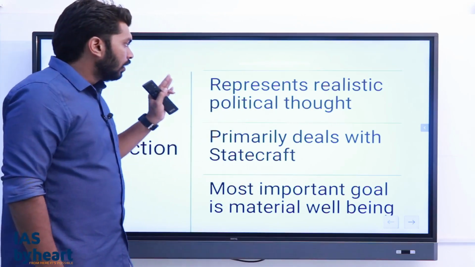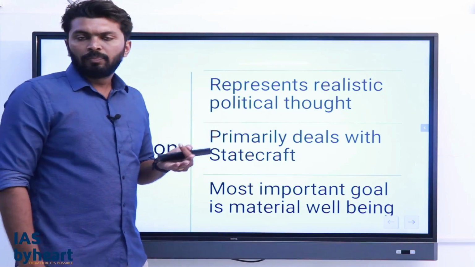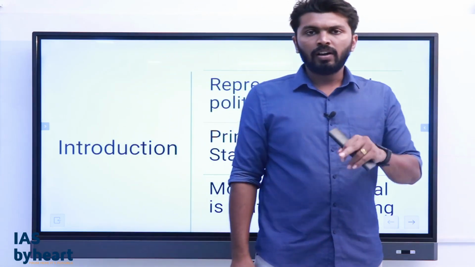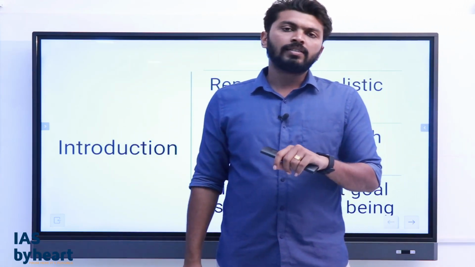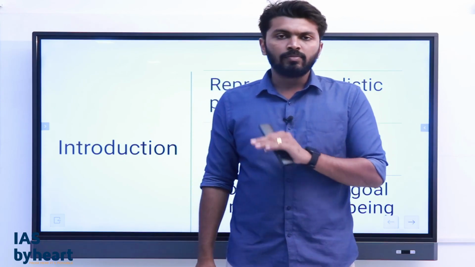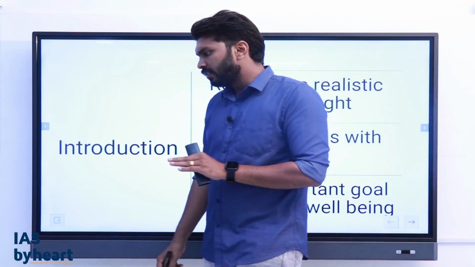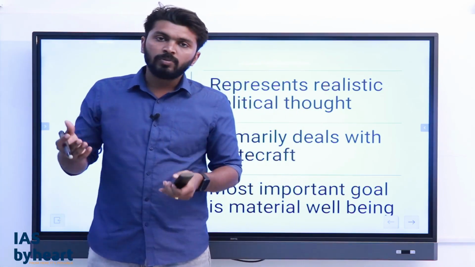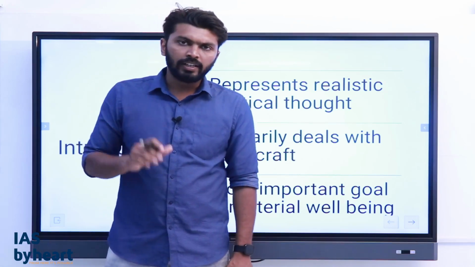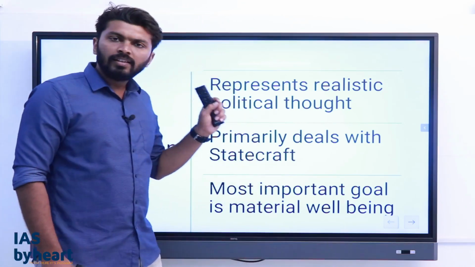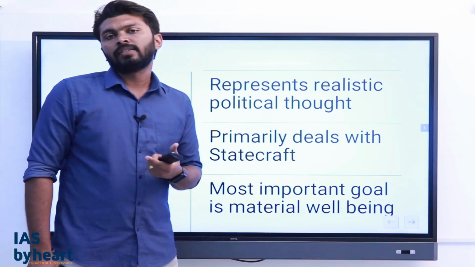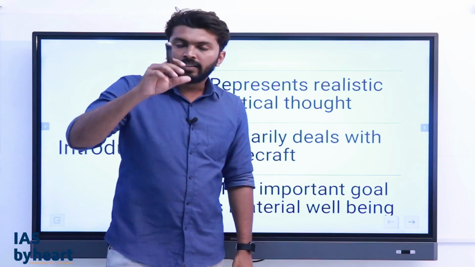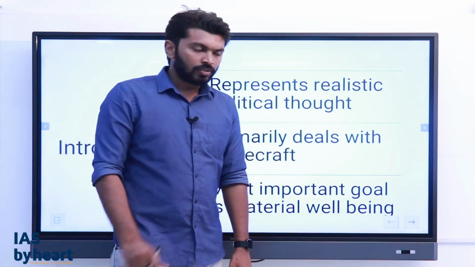Arthasastra. The thought represented in this book actually represents a realistic political thought. In polity we have two schools of thought: one is realism and the other is idealism. What is idealism? Idealism means the ideas which we strive to achieve, but which may not be possible in the current practical situation. But what is realistic political thought? It means the things which are possible at that moment. That is called realistic thought.